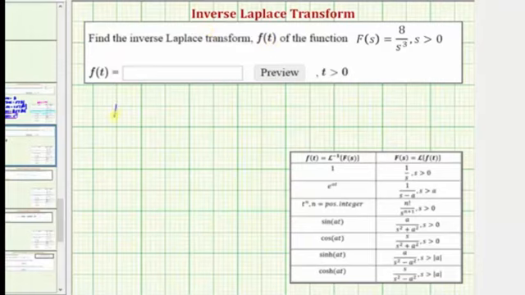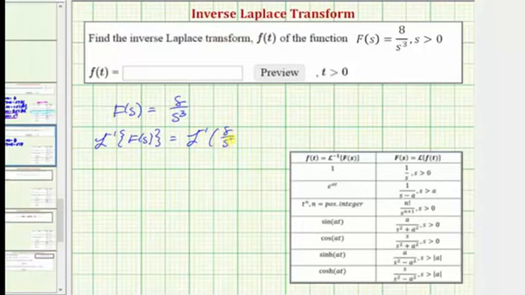So again, we're given the function big F of s equals 8 divided by s to the third. So to find f of t, we'll take the inverse Laplace transform on both sides. So the inverse Laplace transform of big F of s equals the inverse Laplace transform of 8 divided by s to the third. And once again, we are going to use this row of the table to find f of t. On the left, the inverse Laplace transform of big F of s is f of t. And now on the right side,